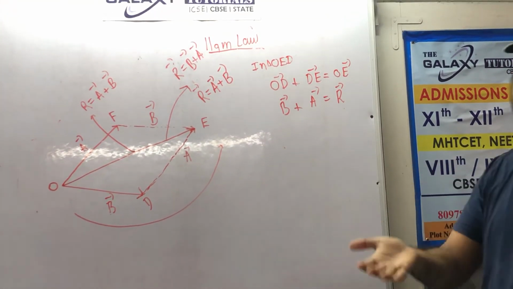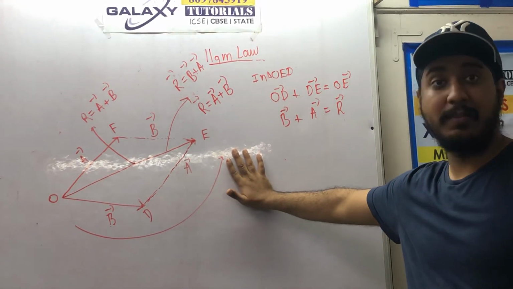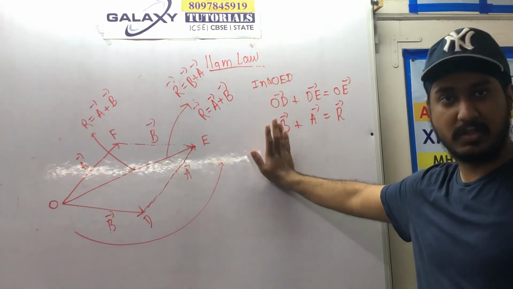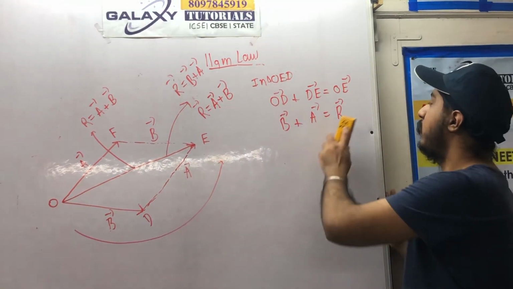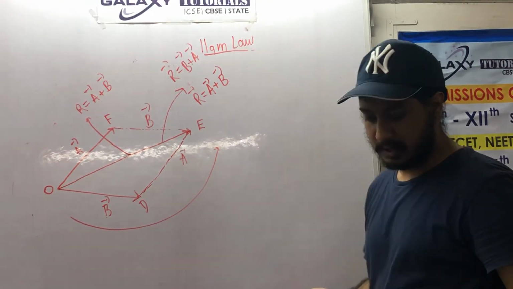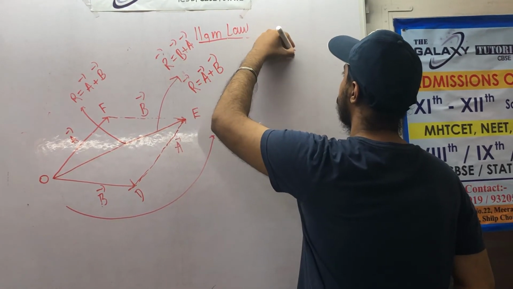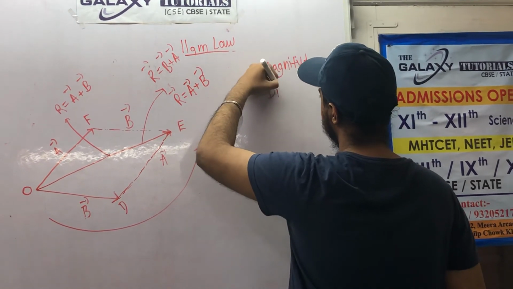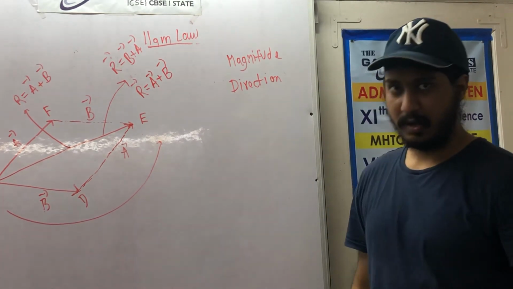They can ask you in the exam to show how the parallelogram law is the extension of the triangle law. So you have to show this derivation here. It's quite simple and nothing complicated. Now as I told you before, we have to find out 2 things here, namely magnitude and direction. So it is exactly the same as what we studied in the triangle law.